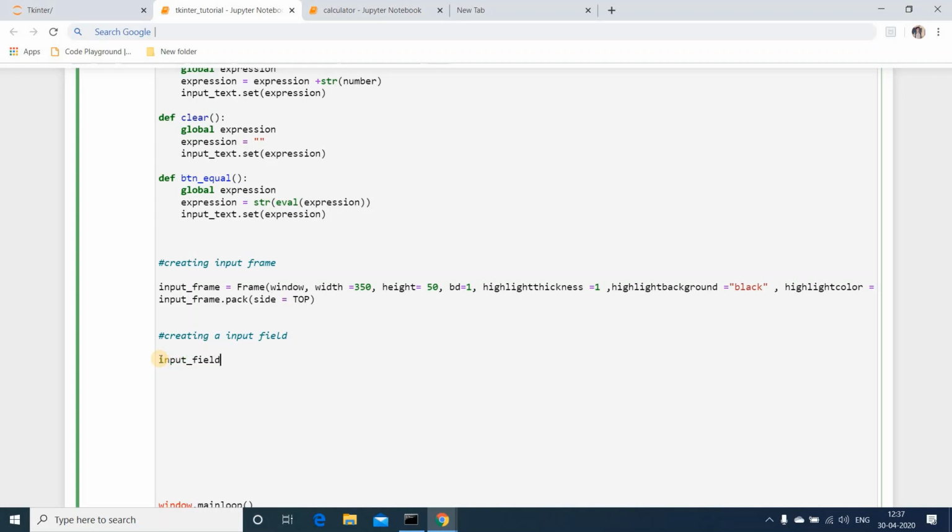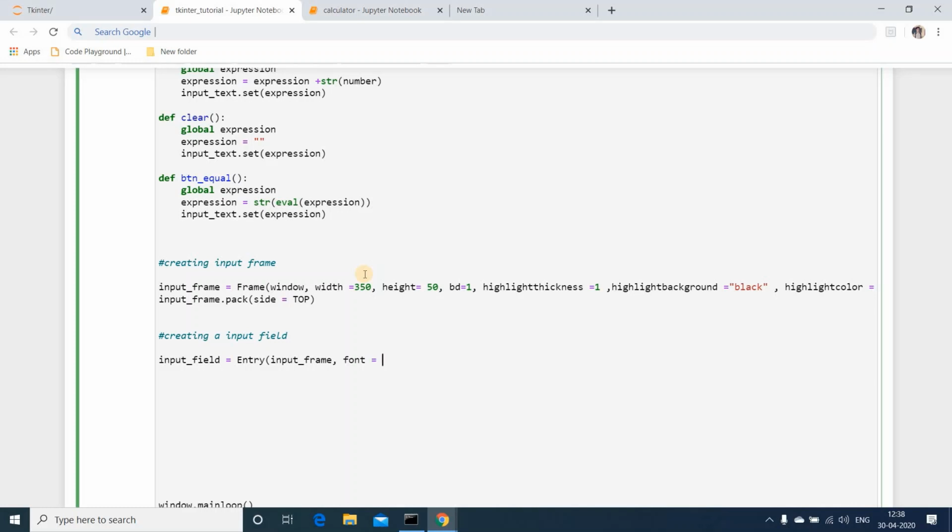Input field equals Entry. Entry is also a widget available in tkinter to create a text area. We need to pass the input frame that we have created. I'll pass the input frame.